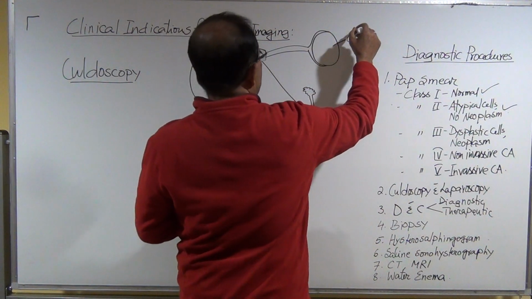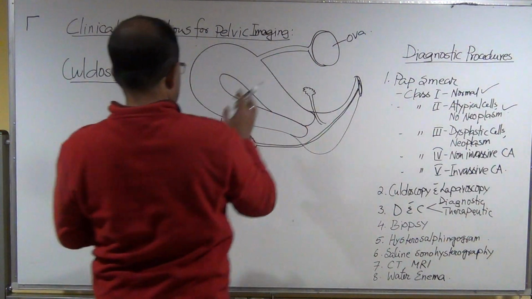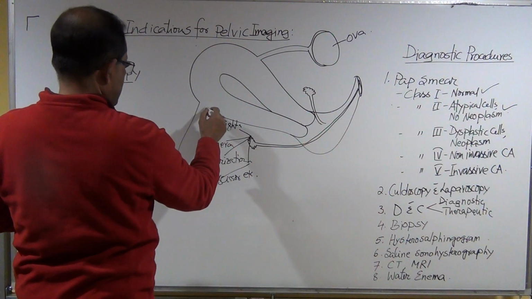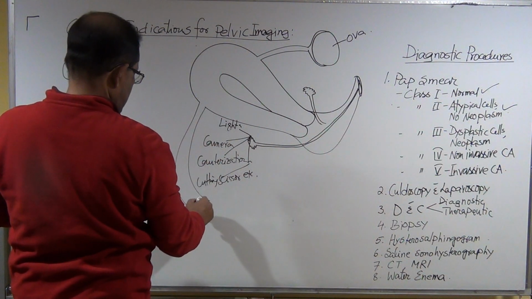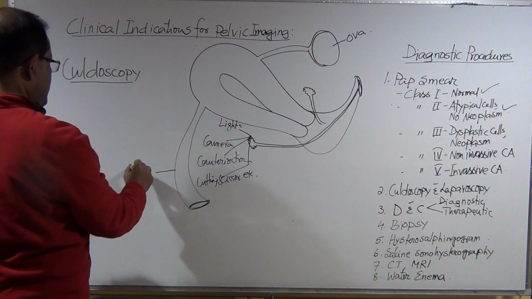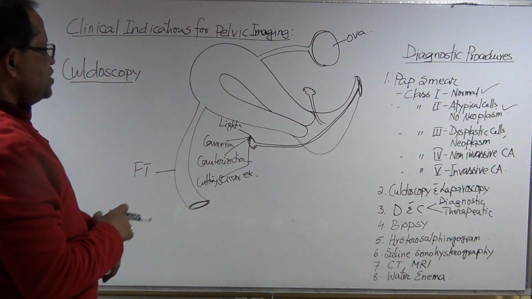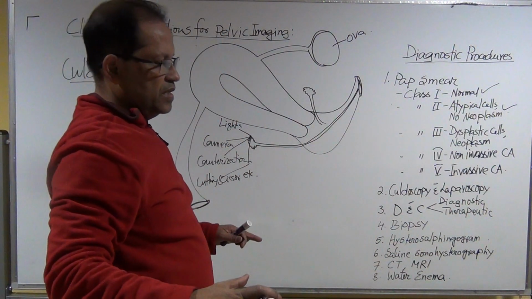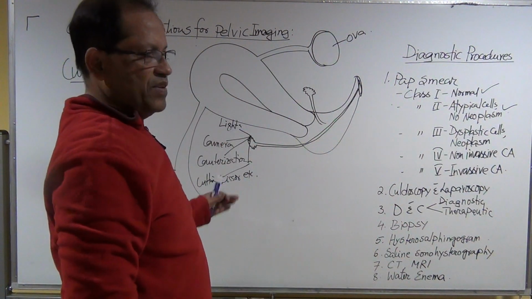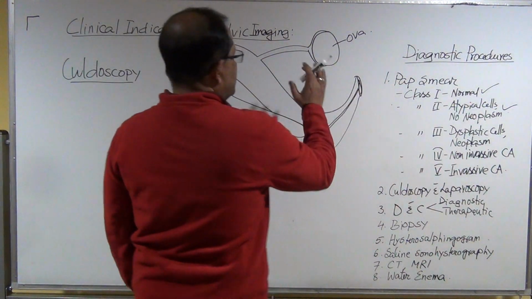Okay, this is the ovary, and there's a fallopian tube right here. This is the fallopian tube. They can see the ovary, fallopian tube, and the broad ligament, and all other tissues in the pelvic floor. So, direct visualization